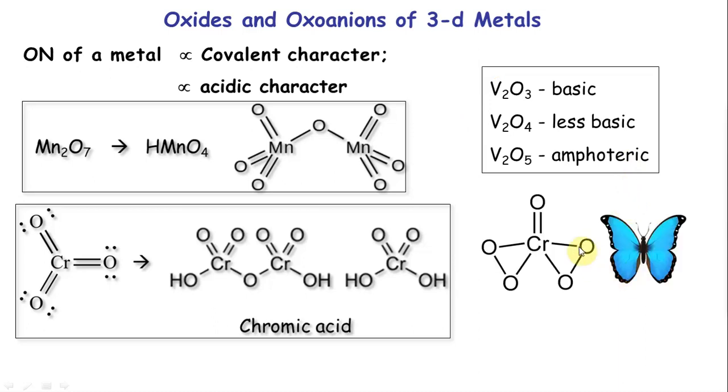If you look at this, it looks like CrO5. It has a butterfly structure. If you just look at the atoms, you will get a +10 oxidation number. When you look at bonding, we have already seen this +6 oxidation number. This is chromic peroxide. When you react K2Cr2O7 with peroxide, you will get this. See, there are 2 peroxide linkages. Looks like a butterfly, so this is called a butterfly structure. So this is CrO5. The other thing is Cr2O3. This has a chromium-oxygen-chromium bond, just like this one.